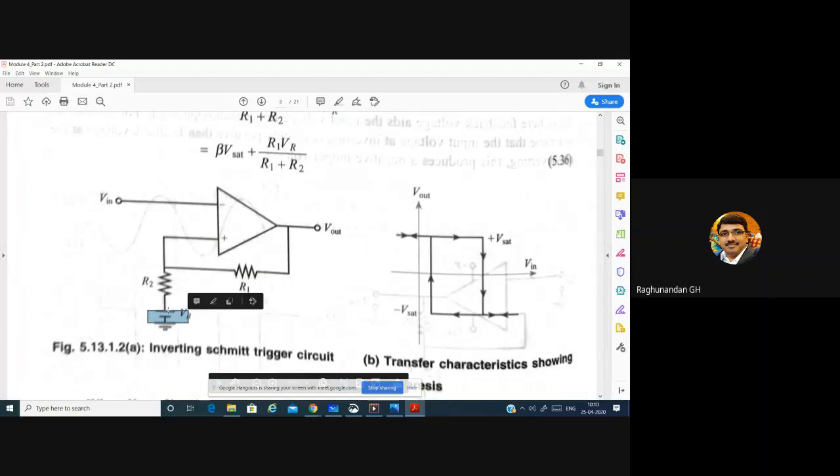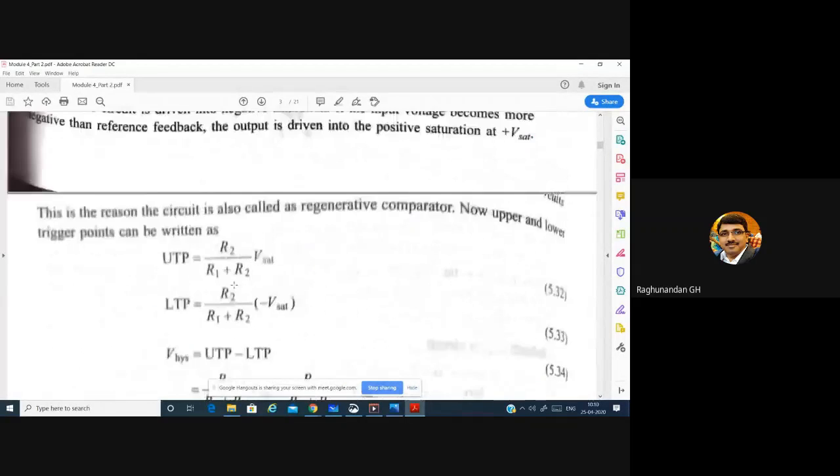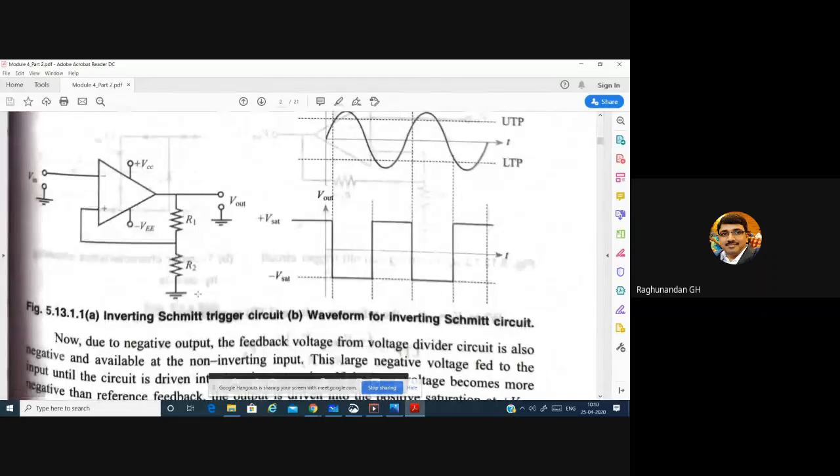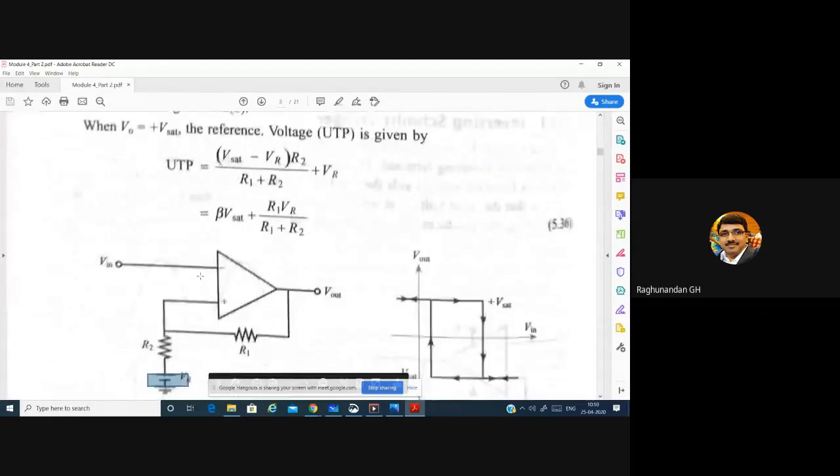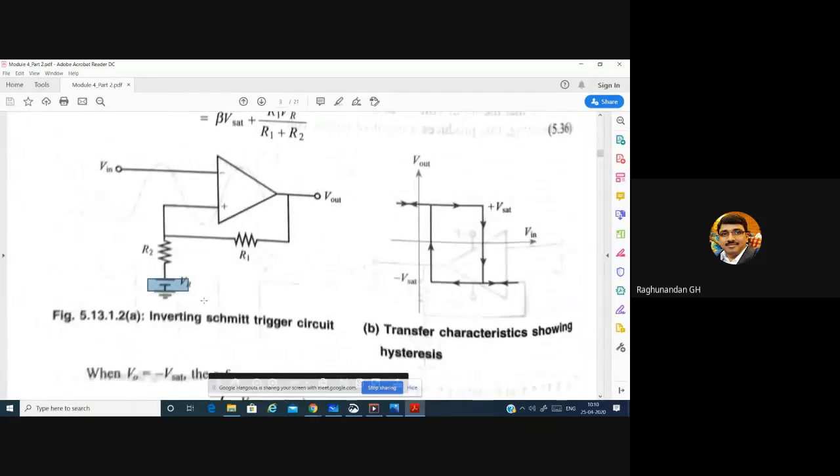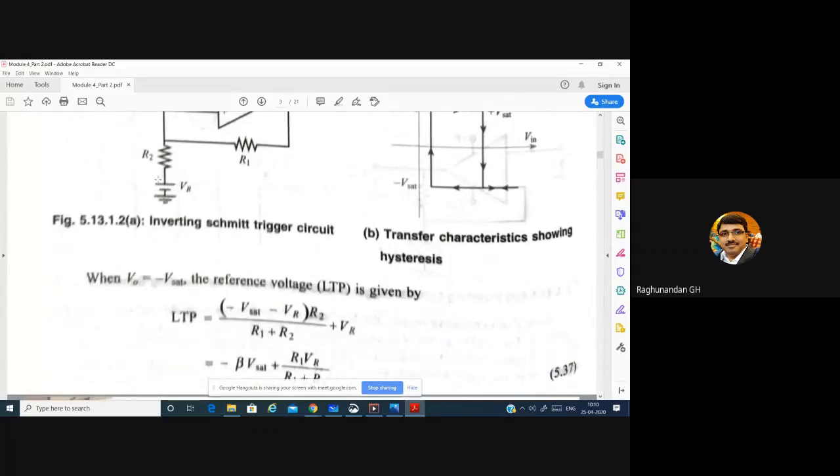See here, the previous circuit and this circuit are the same. Whatever we have used here, that circuit and this circuit are the same. But what we are adding extra is VR. We are adding plus VR. Here actually plus VCC and minus VEE are missing. We just add that plus VCC and minus VEE. That is mandatory. You should have it. Okay, VR is the extra thing we are adding. Reference voltage we are going to add.